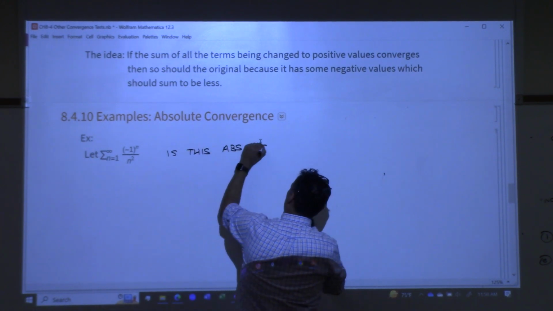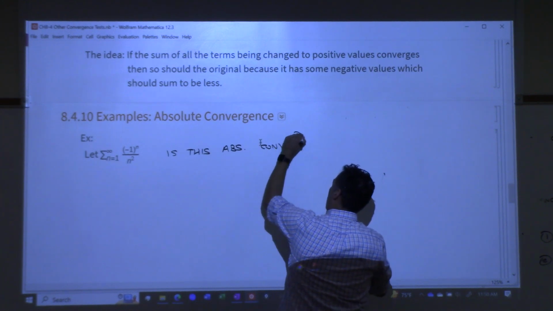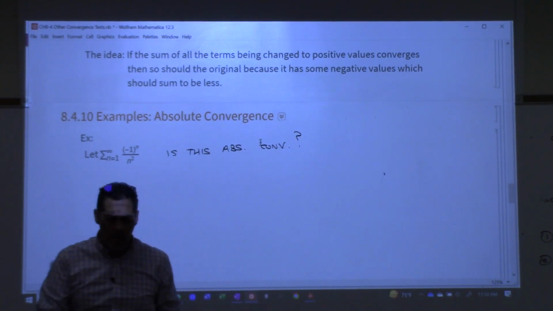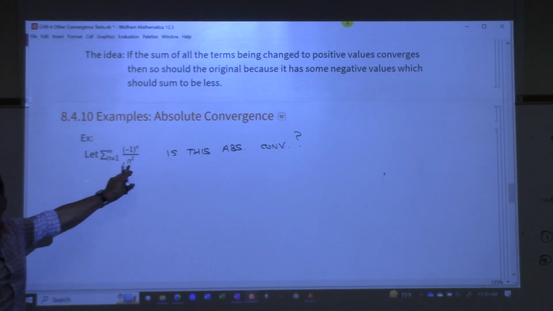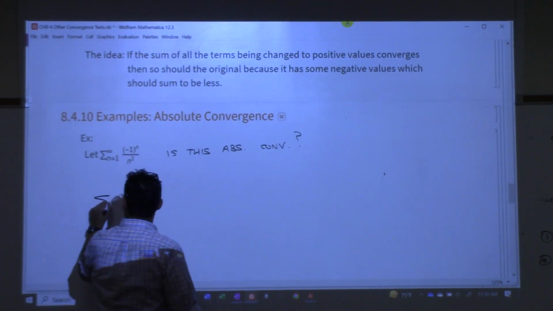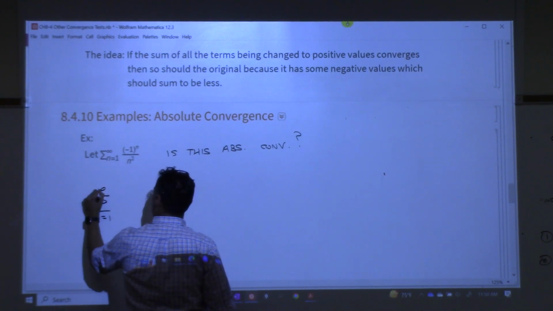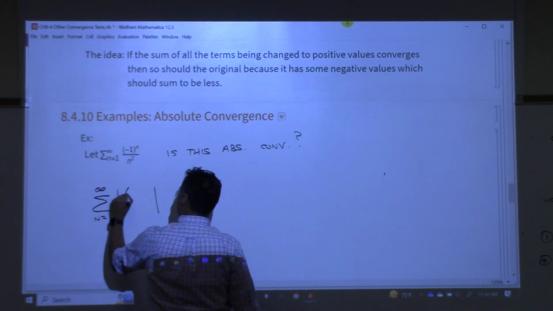That means I want you to take the absolute value of this and look at that series. So if I take the sum from n equals 1 to infinity of the absolute value,